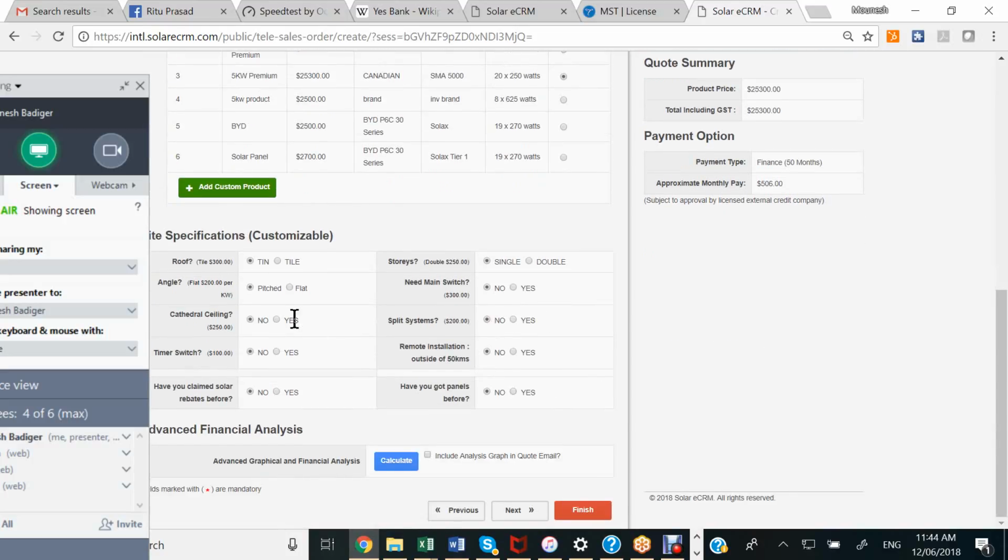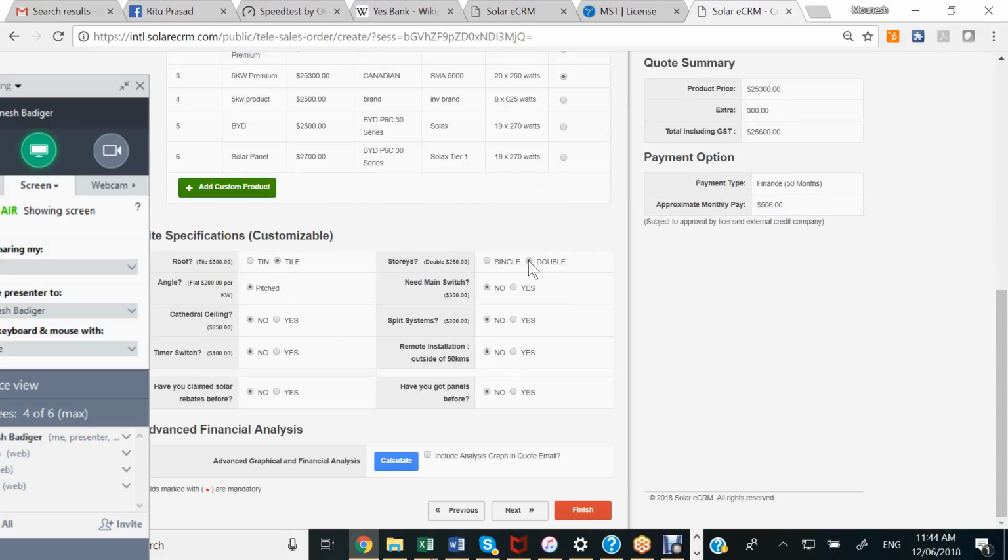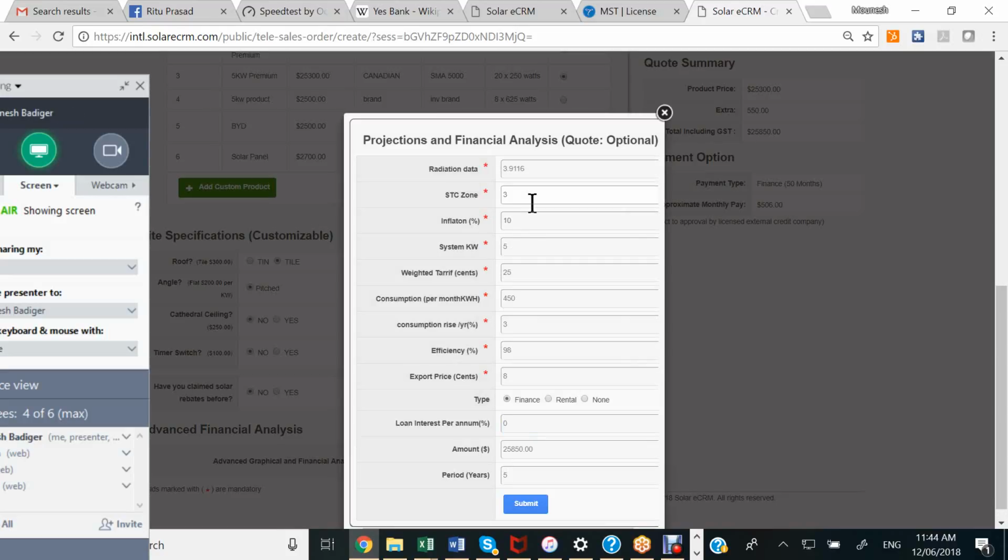And then if there are any specific extras, if it's a tile roof, double story, or if it needs a tilt, for example, if it's flat, you would do that anyway. And then for slightly larger installations, you can do what's called advanced financial analysis. System size is 5 kilowatt, and you can use inflation data to be 7%, 5%, whatever, and do a more graphical